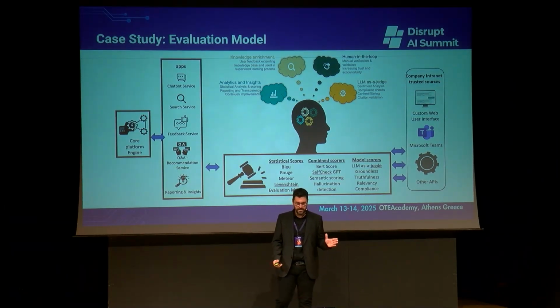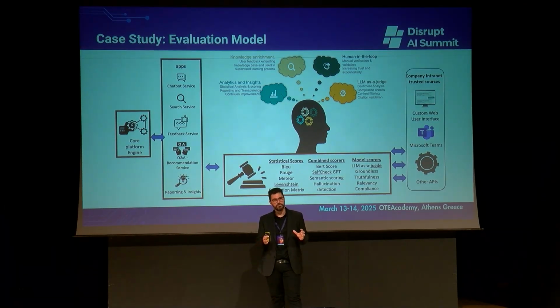We have statistical scoring, so we are scoring the responses based on statistics. We have several models to do the evaluation matrix. We are using several classification and non-classification models to have this as a KPI for the responses. We have combined scores, so we are using other models to detect hallucination, to detect, based on semantics, how the response is categorized, or how it is scored based on what the user is expecting, or if it is relevant to similar questions.